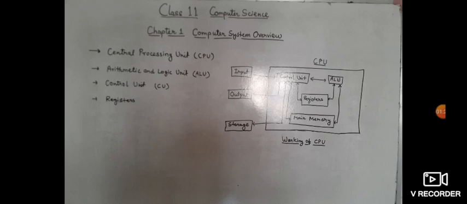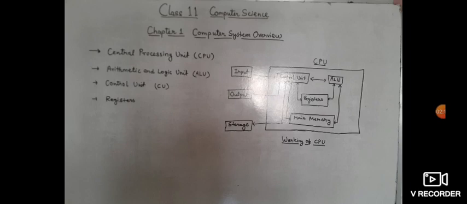CPU consists of three basic sections: arithmetic and logic unit (ALU), control unit (CU), and registers. These three sections of the microprocessor work together to control the operation of the system. These are connected to other crucial components like the input unit, output unit and secondary storage via special connecting wires called the system bus.